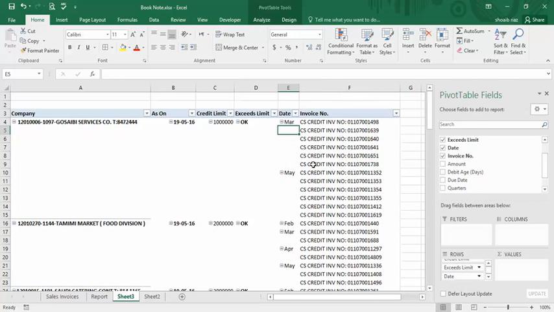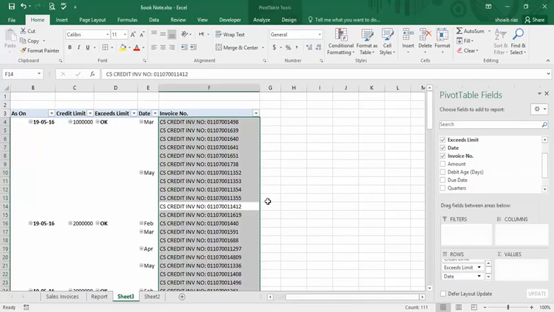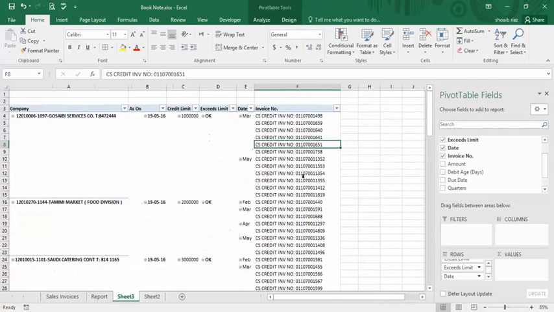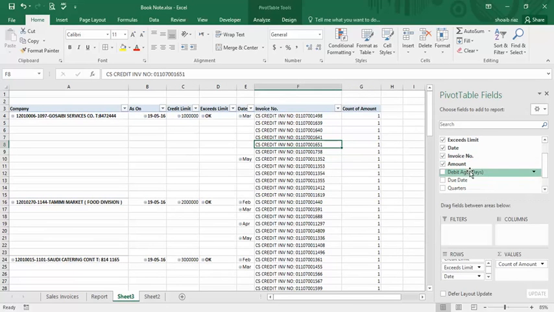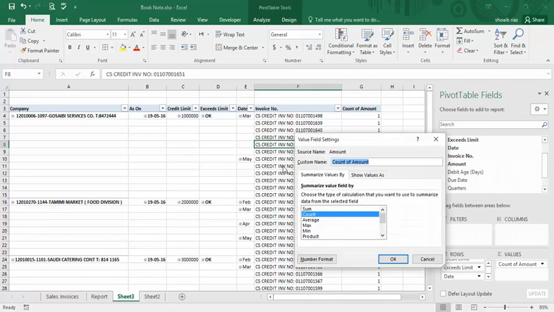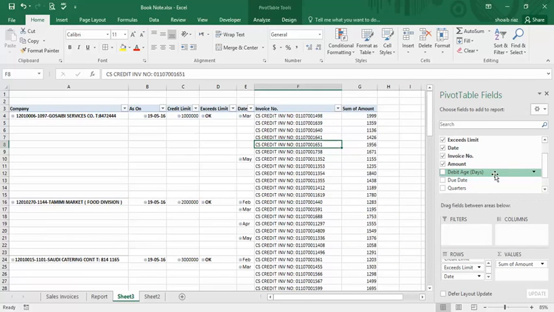And invoice number. Okay, and then we have amount, which definitely will go in here. Count, no, sorry, sum. Right now I am assuming that you know how to use a pivot table. Okay, debit age,